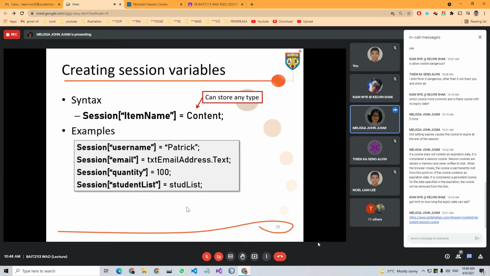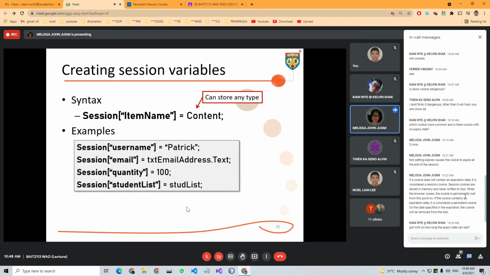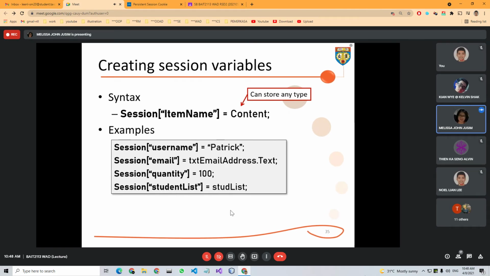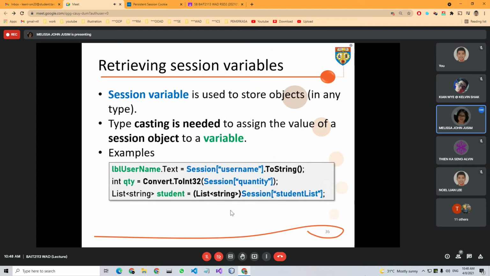So there are various ways for you to create them according to the data type. It can be a string, which you can read from a text box, it can be a number, it can be an object. Now, how do we read or retrieve the session variables?